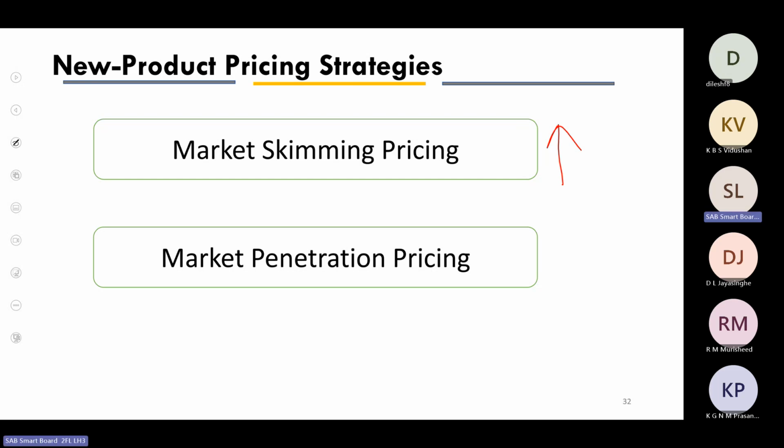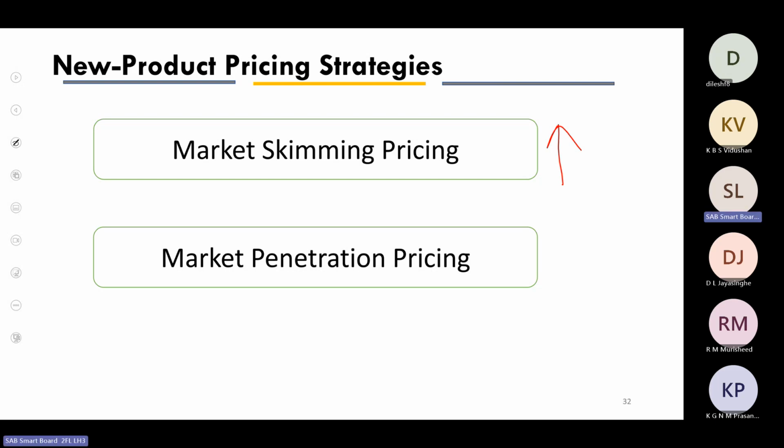Let's say a simple biscuit example: we have 10 to 12 players in the market, and we also introduce a biscuit product. If we set a high price, will someone come to us? No, no one will come to us. But if we set a low price compared to competitors' pricing, then customers will come and try our product. When a product is not a necessary product, or when there is elastic demand and huge competition in the marketplace, companies set penetration pricing when they are entering the market as new product sellers.